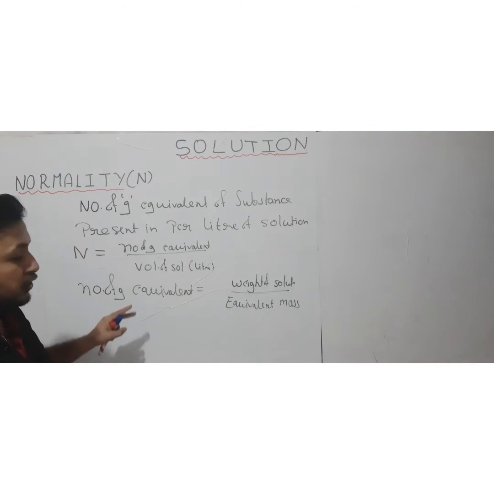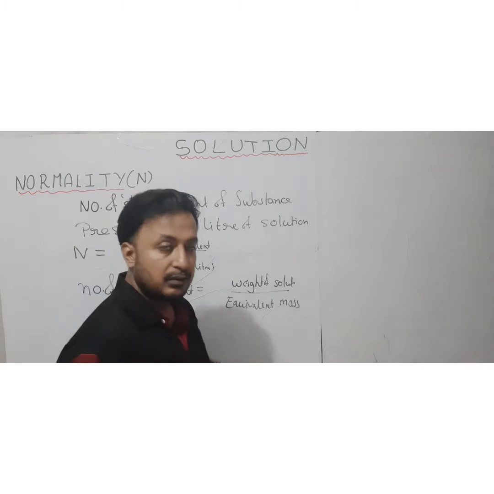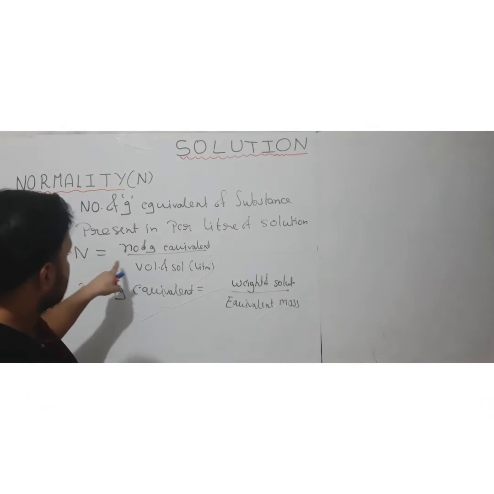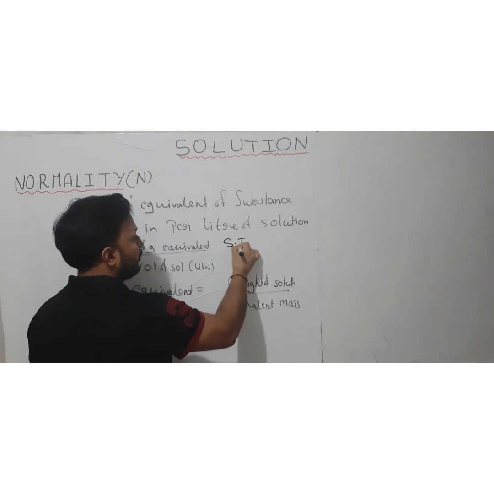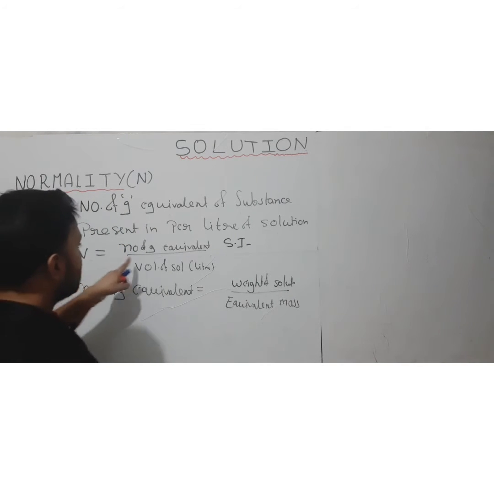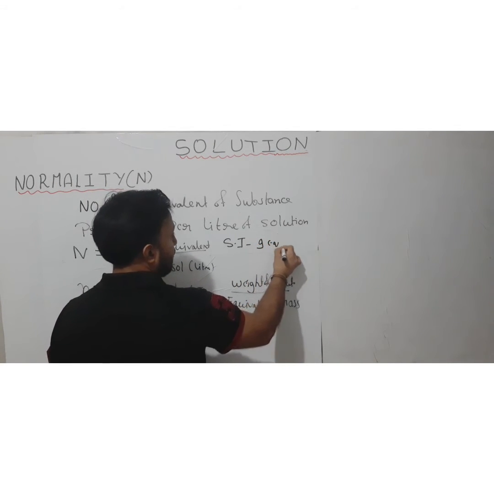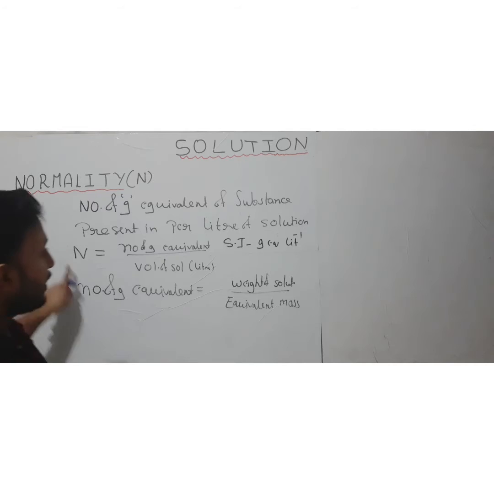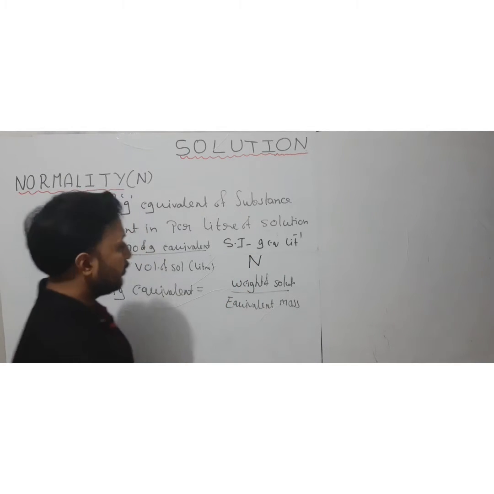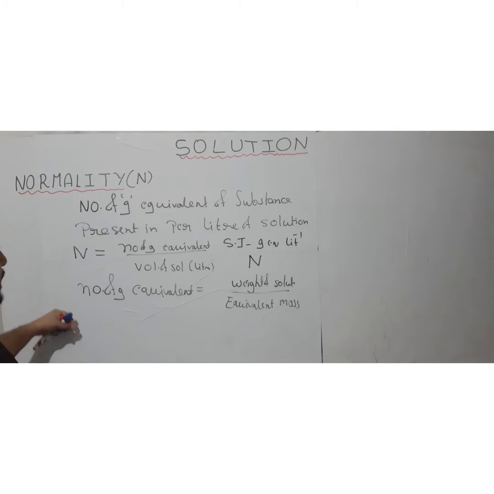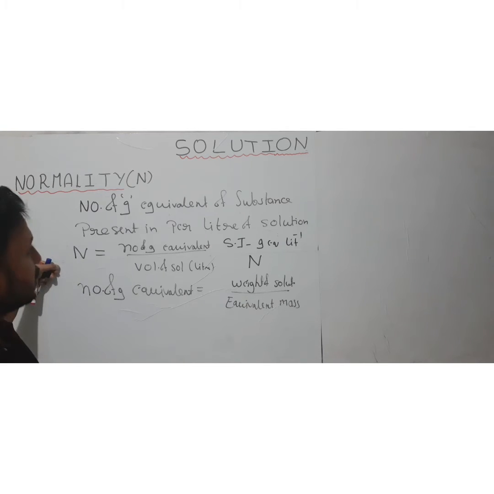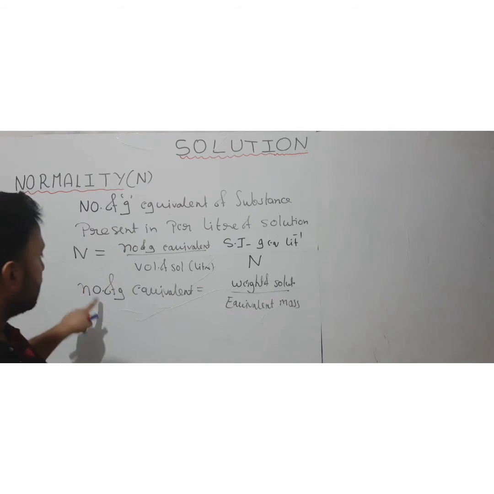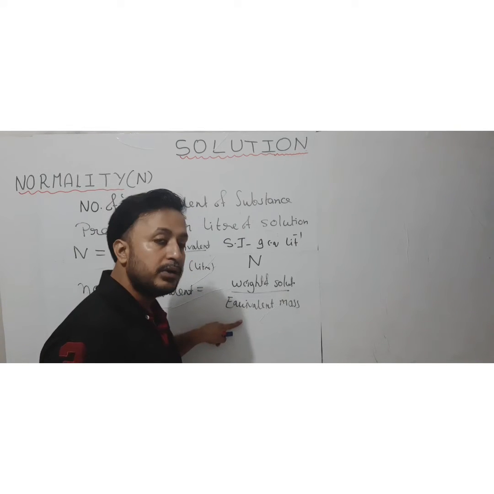Now the question is how we can calculate the equivalent mass of the substance. That will differ for acid, bases and salt. But first we write the SI unit for the normality, because we are discussing normality here. As it is gram equivalent, so gram equivalent per liter, that is going to be the SI unit for the normality, and you can also use capital N sometimes to represent normality. That is how we can measure the concentration in terms of normality, that is the number of gram equivalent of substance present in per liter of solution. Number of gram equivalent means the given mass of the solute divided by its equivalent mass.